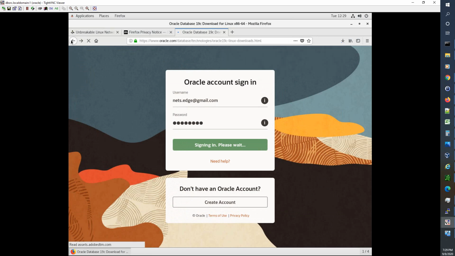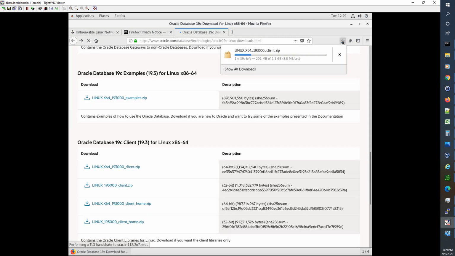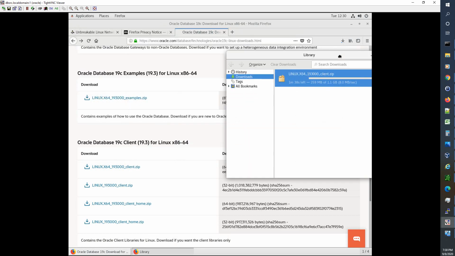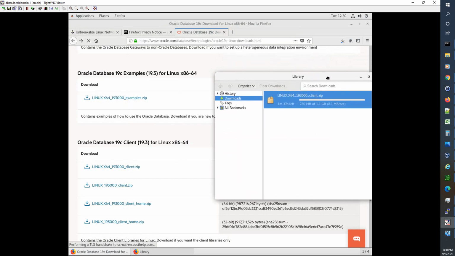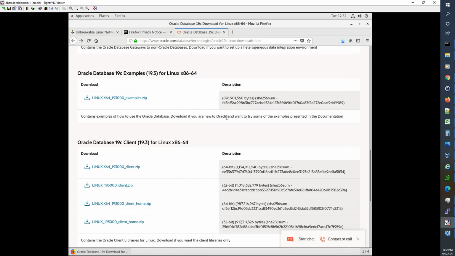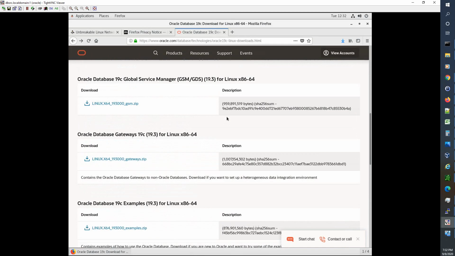So I'm going to hit back. Select our downloads. Show all downloads. So this is a 1 gig download, so we'll go ahead and fast forward through this. I generally try and download them one at a time so as to get best throughput. Okay, that one finished, so now we'll go ahead and go after the infrastructure,